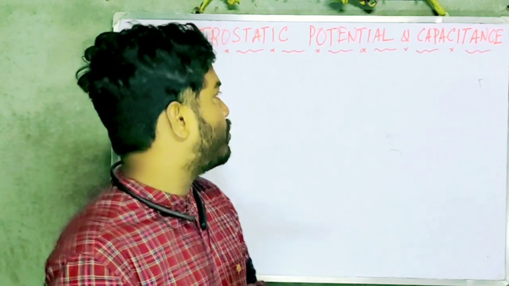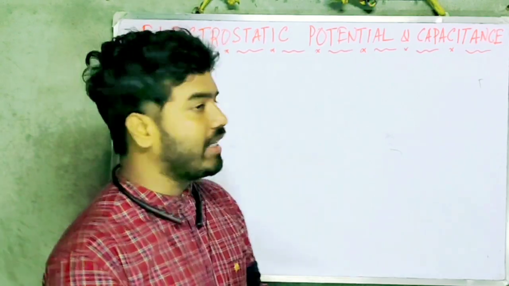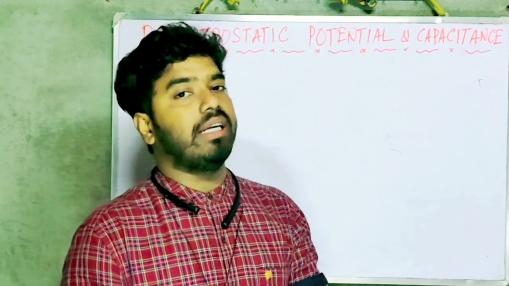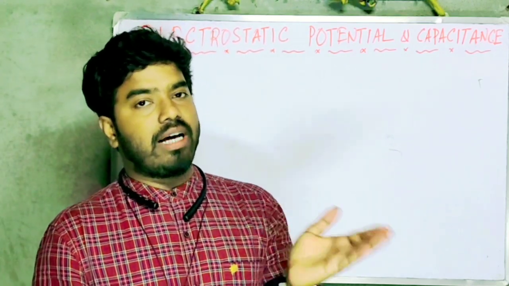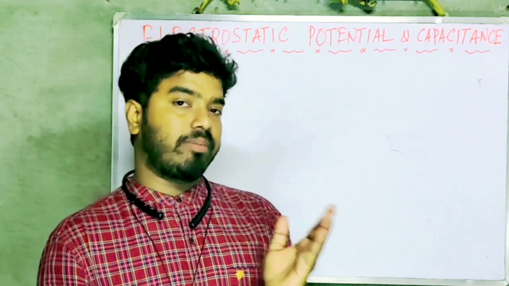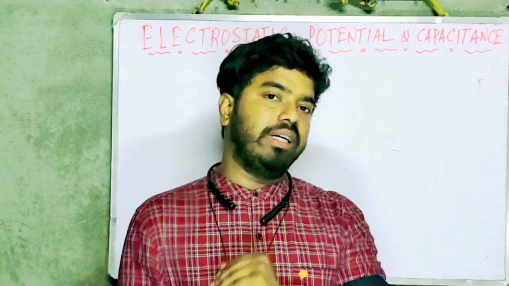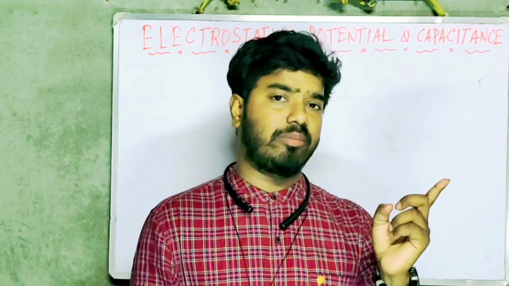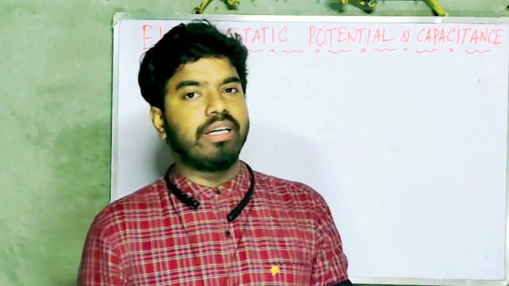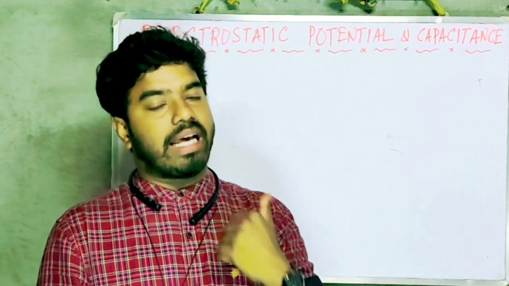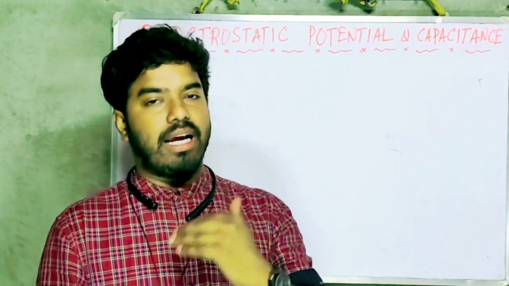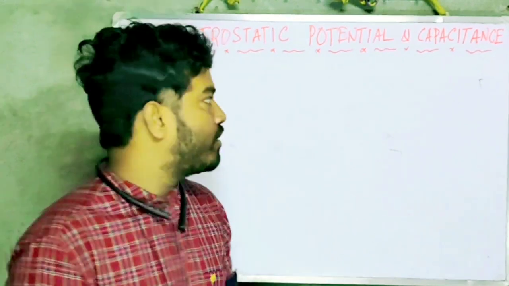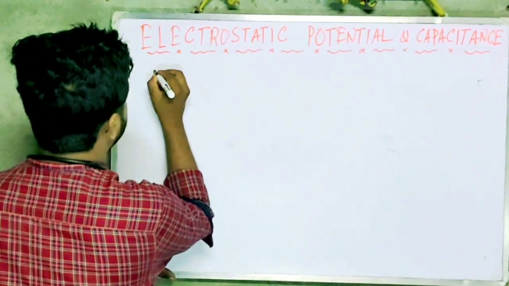Now in this class we will discuss the topic, that is we find electric potential due to an electric dipole. In last chapter, that is chapter 1, we calculated electric field due to an electric dipole at an axial point, at an equatorial point, and there is a third part, at any point. So in this class we will calculate electric potential at an axial point, at an equatorial point, and at any point. So the first calculation, that is electric